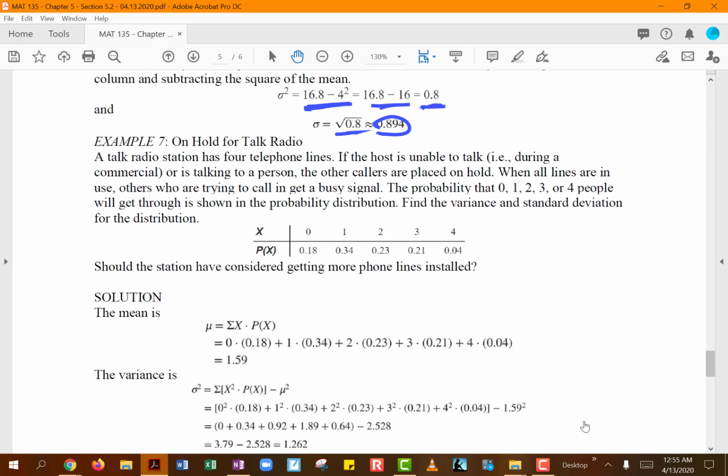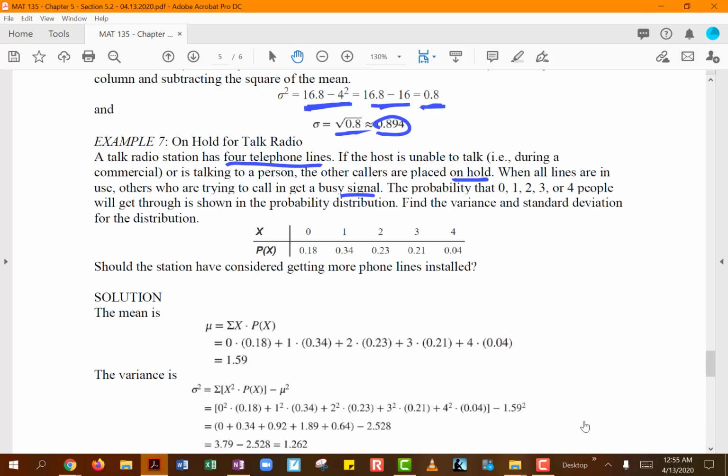Okay guys, so our next example here is talking about a radio show. So we've got a talk radio station that has 4 telephone lines. So they're saying if the host is unable to talk, that is during a commercial or something, or he or she is already talking to a person, then the other callers are placed on hold. So when all lines are in use, people who are trying to call in will end up getting a busy signal, right? So the idea here is you can have a probability for 0, 1, 2, 3, or 4 people